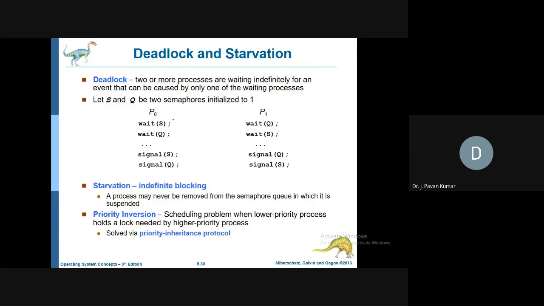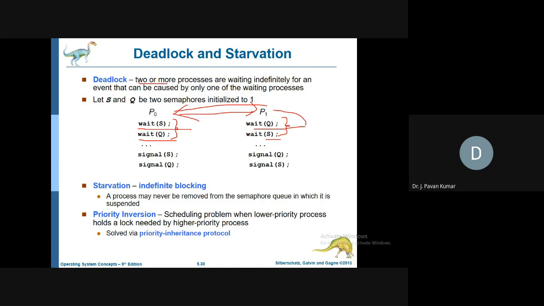Here S and Q, Q and S. S will be held by P0, Q will be held by P1, and P0 requires Q, P1 requires S. But both P0 and P1 will be waiting mutually. So it leads to deadlock.